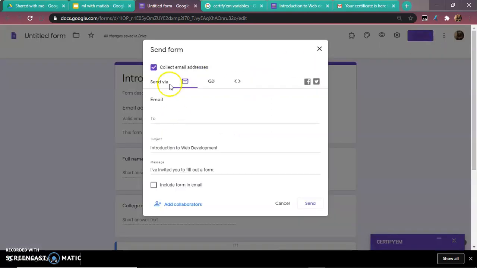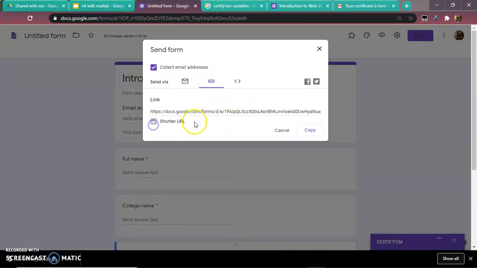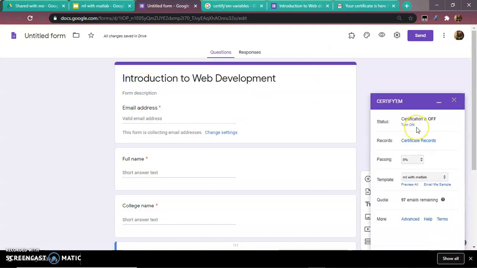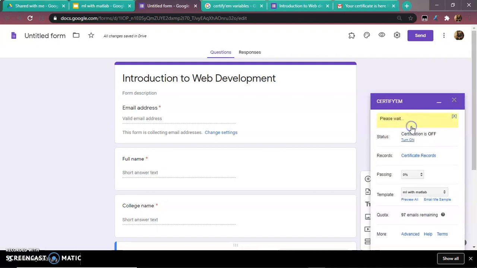Before distributing this particular link for this Google form, make sure you turn this on. So go to Certify-M controls and make sure you turn this on. You can see the status as off, right? We have to turn this on.